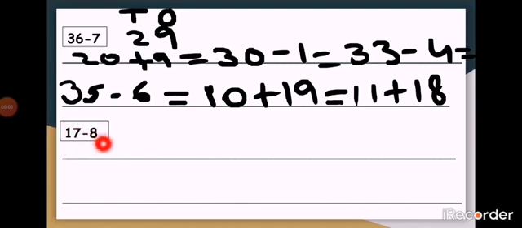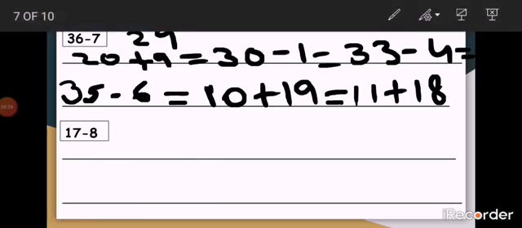So you can count on from 8 till 17, or you can count back from 17 till 8. So I'm choosing 17 and I'm putting it in my mind and I'm counting back till 8. 17 in my mind, now I'm counting back. 16, 15, 14, 13, 12, 11, 10, 9. Stop. My answer is excellent. It's 9. It's a single digit. So what is the value? Yes, it's 1.